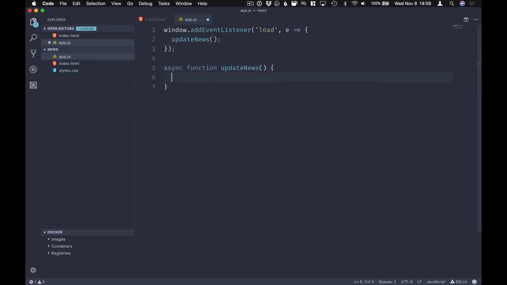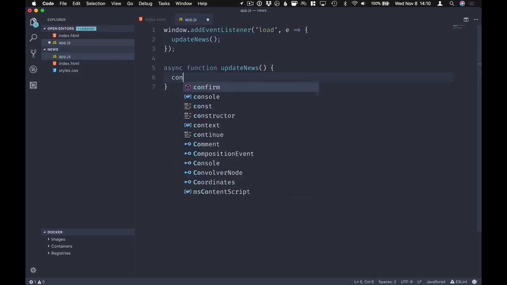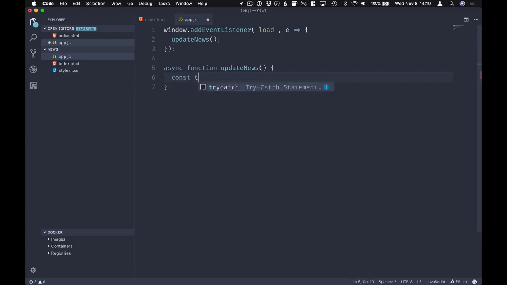Like so. Here I'm using async functions, and if you're not familiar with them, I'll add a link in the notes below, but basically they just make it easier for us to deal with promises in a much more readable fashion. So be sure to read up on them if you're not familiar. I'm going to use them throughout the example here. So for the update news function, the first thing that we're going to do is get the result, or the response rather, from fetching